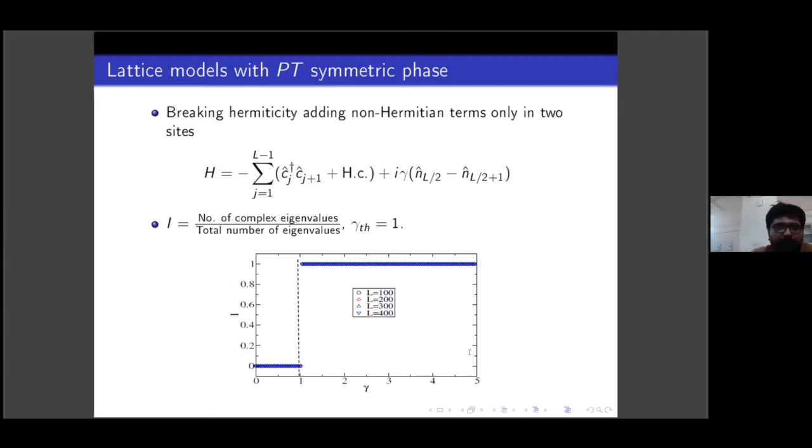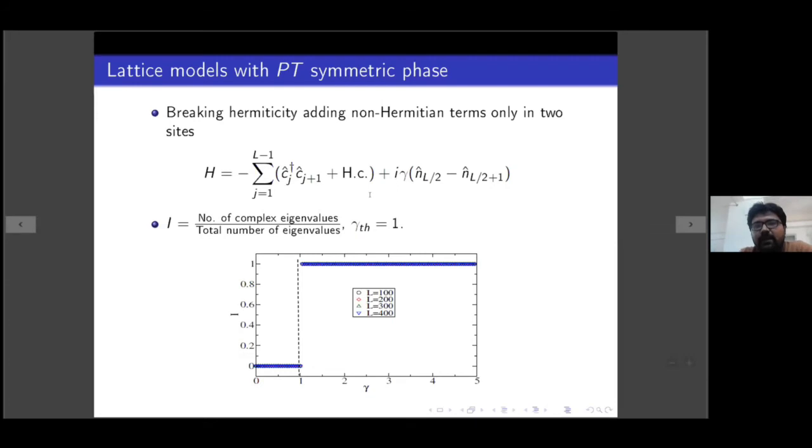So we said, okay, if I put a chemical potential on each site, things are not looking so promising. So why not just put this on-site potential on two sites only, maybe the middle one and the next middle one? You can think of it as putting a mirror, or allowing some reflection, in the middle of your chain. You can convince yourself that even this model, where I put the on-site potential only on two sites, is also a PT invariant model, so this H also commutes with PT.